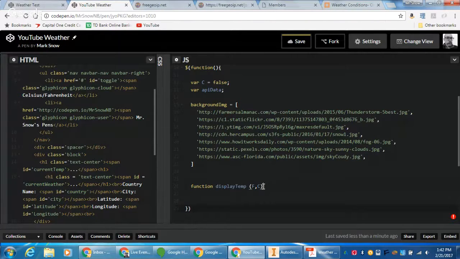Okay, and so we're going to figure this out. It's going to be my displayTemp, and it's going to be pretty simple here. I'm just going to say if something, so this statement needs to be true. I can use this C because it's a true and false statement. So if C is true, which means they're looking for Celsius here, all I want to do is return